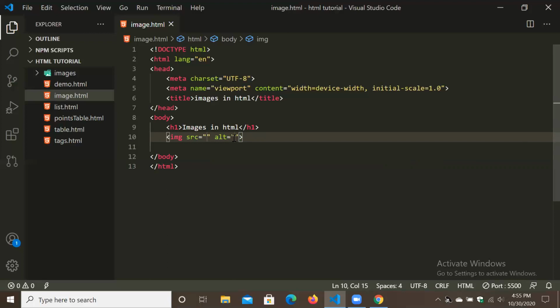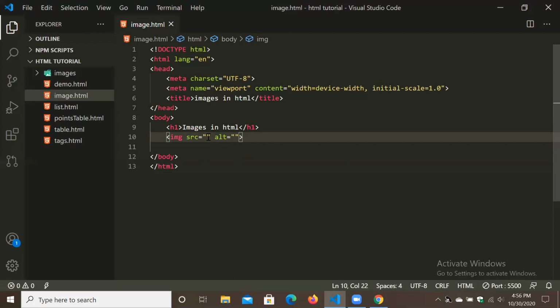For example, sometimes your image is not able to load due to some reasons like internet connection or path problem, whatever it is. At that time, whatever text you have written in alternate text will appear on screen.